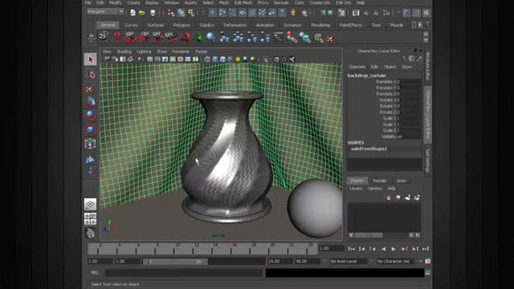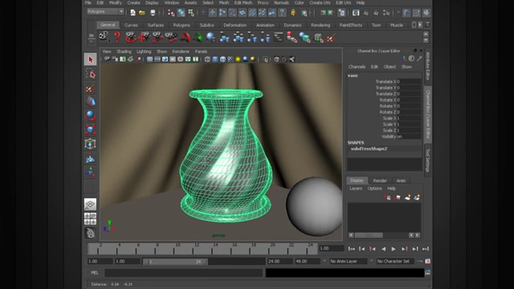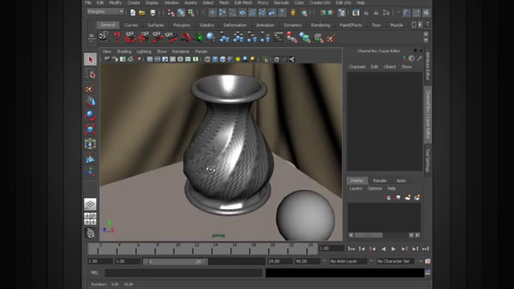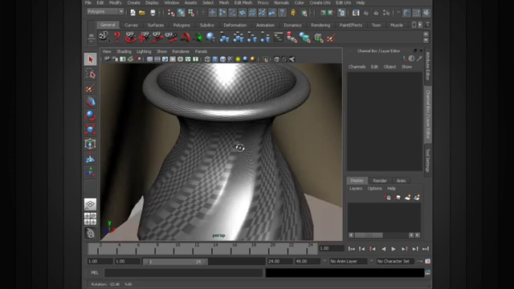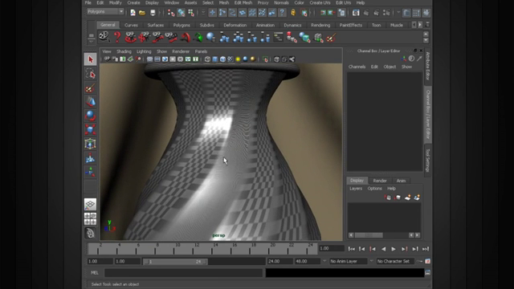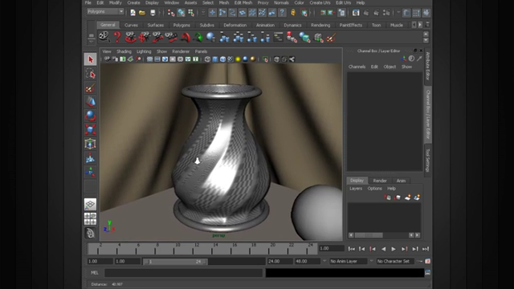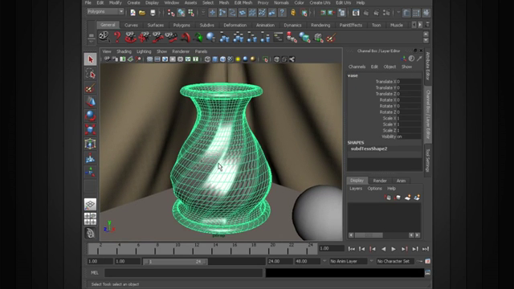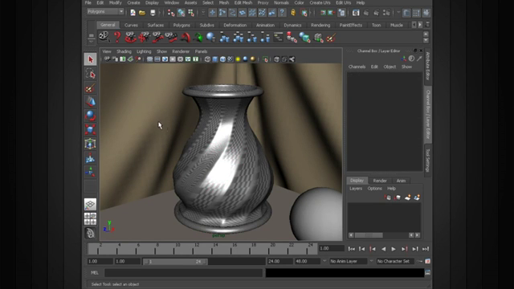The UVs essentially control just how this texture is being wrapped and applied to this surface. Once we start to get into really complex geometry, you're going to start to run into UV issues like what we have currently, where we have lots of stretching and pinching. Very simply, we can start to fix this by manually assigning some kind of a new texture projection onto this surface. Essentially that's going to tell Maya in a manual way